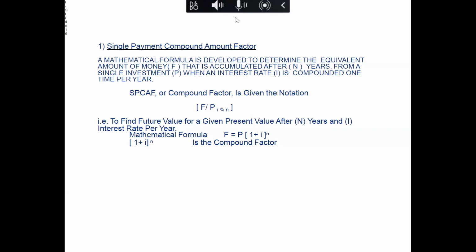How you arrive at that is that you multiply the present value by what we call the compound factor, which we can also derive from a table called the interest table. So if you multiply the present value P by everything in this parenthesis, which is called the compound factor or compounding factor, it will give you the future value. That compounding factor in this case is simply